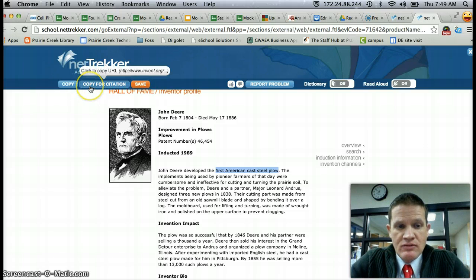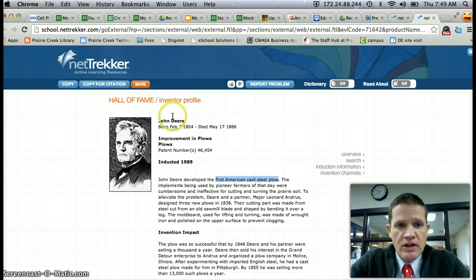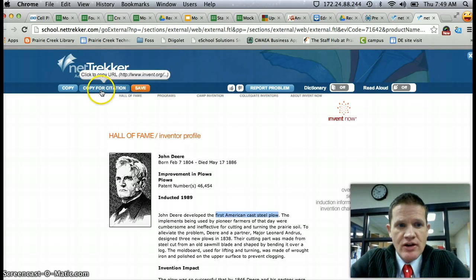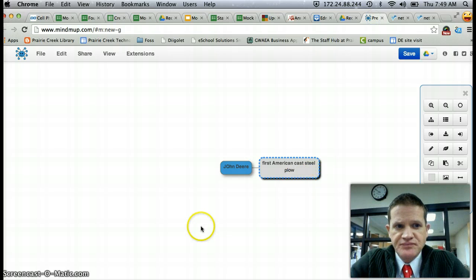I do want to make sure I am writing or recording the source that I used to get this information about the plow. NetTracker has a great feature that any web page I'm looking at in NetTracker, you can just copy the URL for this right up here. I click on that, it's copied to my clipboard, which means I can go back over here and I could actually add a new box, which I do want to do,